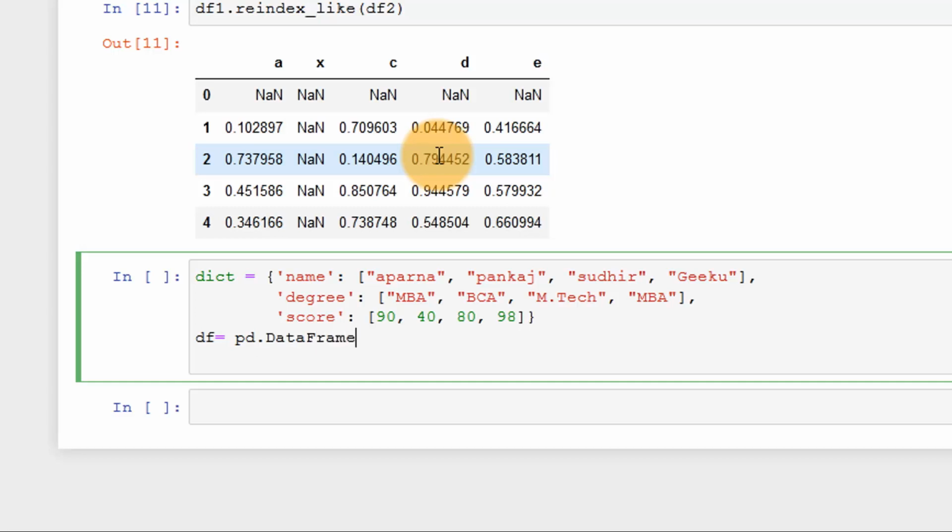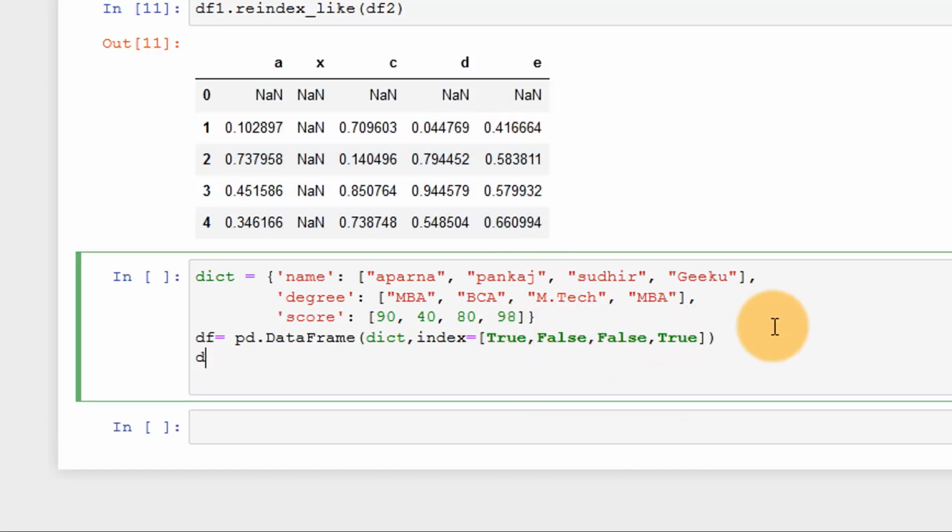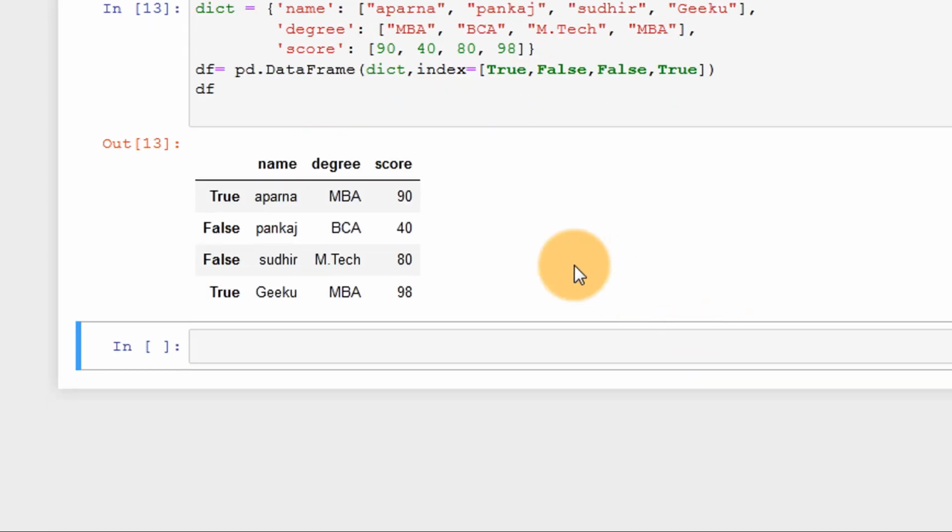Let's specify the dictionary and specify the index value as true, false, true. So for my rows I have specified the first and last as true and false. So let's print this df first and see. My first row and the last row are true and the rest are false.